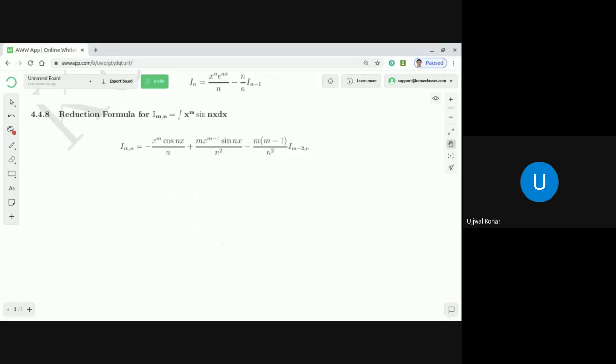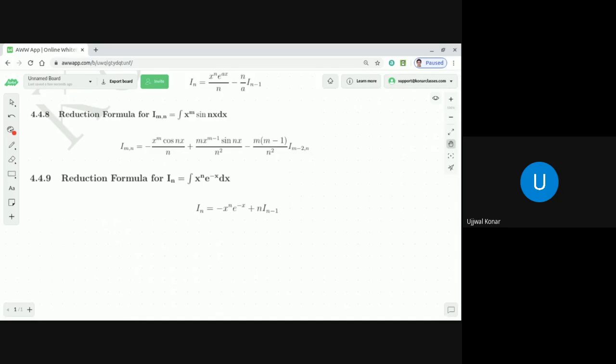Okay. So if you see here, why only one parameter? Because e to the power minus x doesn't depend on a parameter. It depends on a variable that is called x. But it doesn't depend on any parameter, isn't it? But x to the power n, in addition to depending on the variable x, also depends on another parameter n. That's why it is a single parameter integral.